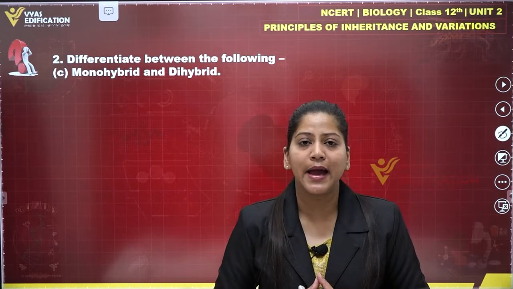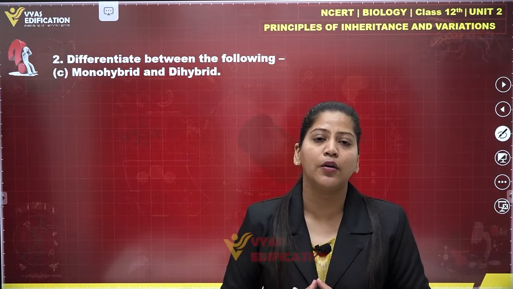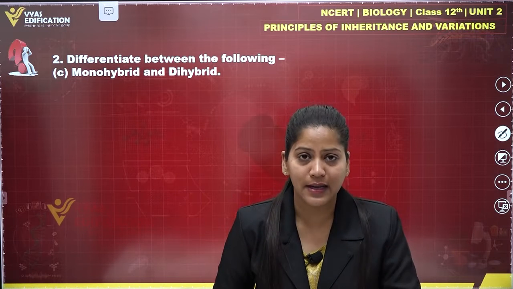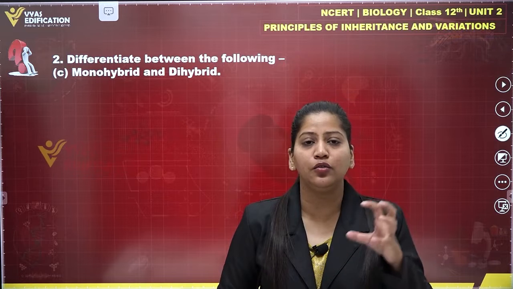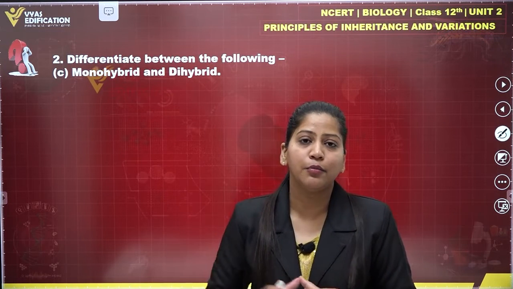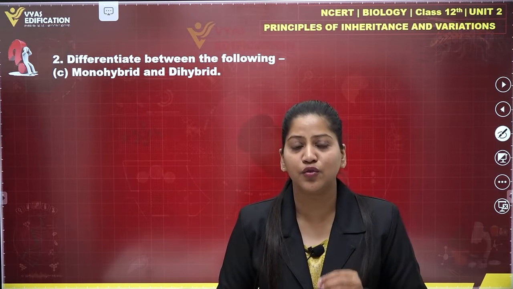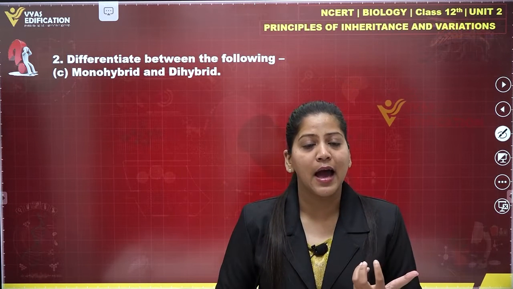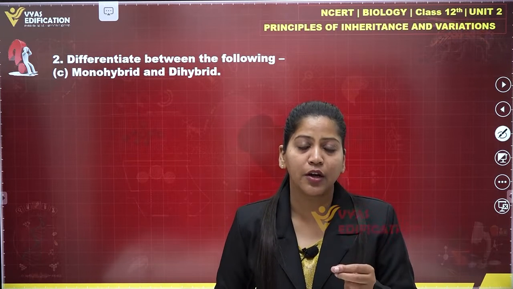If we talk about the dihybrid cross, then it is also a cross between two organisms in order to study the inheritance of two different pairs of alleles belonging to different characters. So this is about dihybrid cross. In case of monohybrid, it produces a phenotypic ratio in F2 generation of 3:1. Whereas in dihybrid cross, we see in the F2 generation a phenotypic ratio